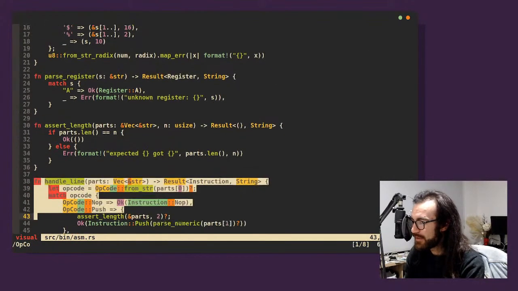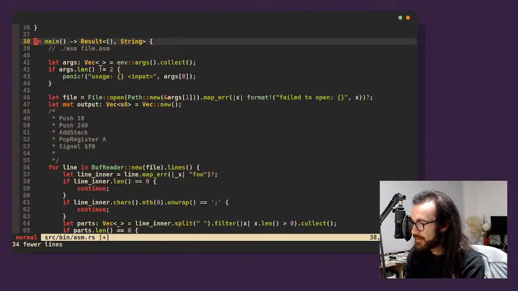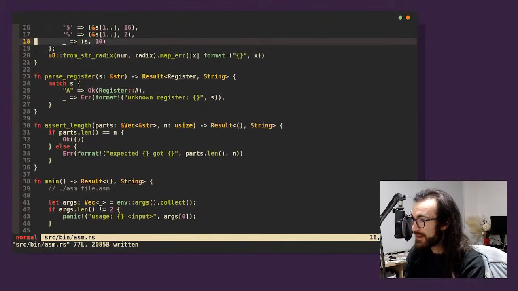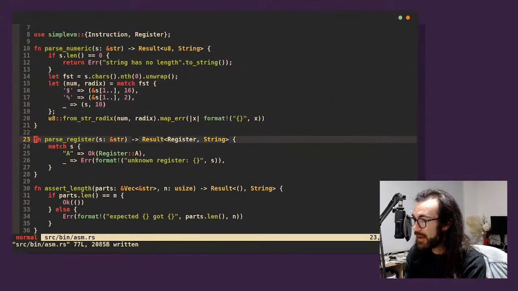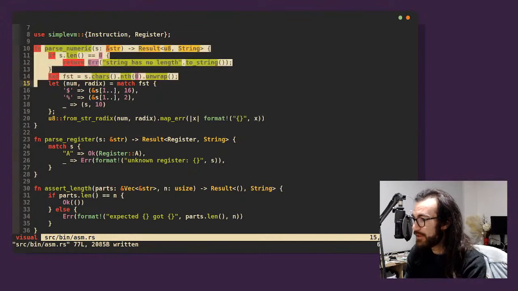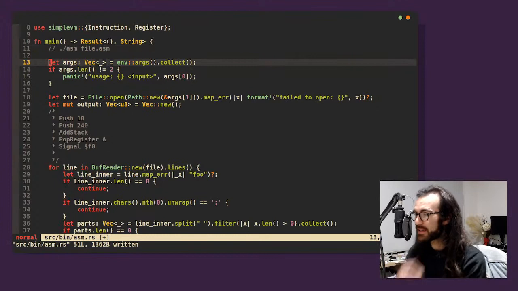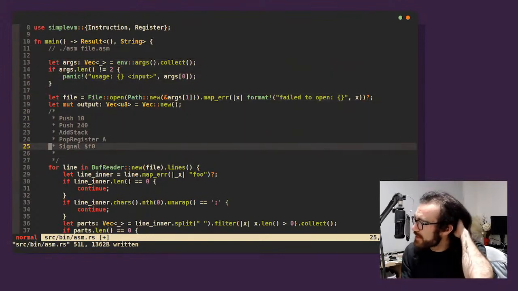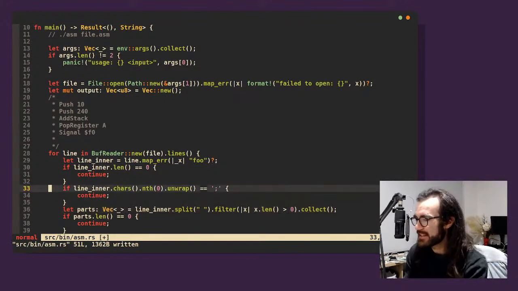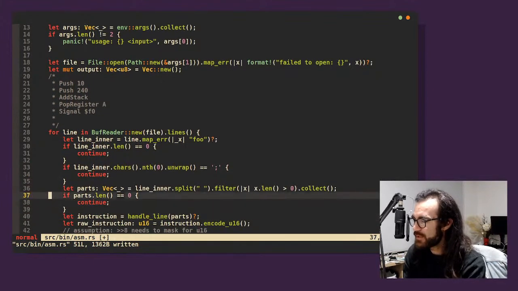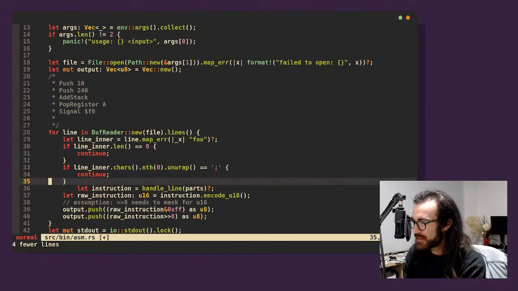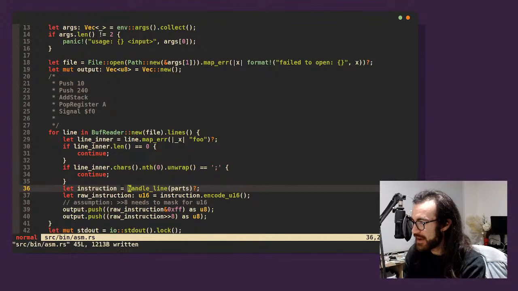Now handle line is dead. It's gone. It's done. We don't do that anymore. All of these, they're gone. This assembler got so much simpler. These core types now carry so much more baggage, but that's good because that means that everything can use it in a very unified way. I think that's good. We still skip comments here, but now we just have this whole line inner, and we're just gonna say instruction from stir. From stir